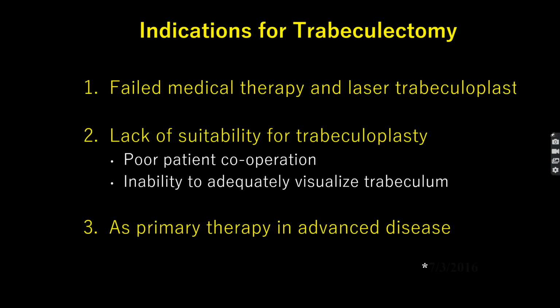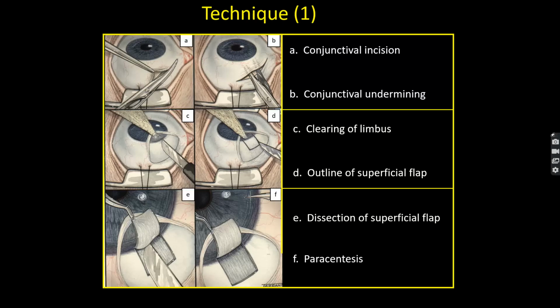Partial thickness. Here, this is the incision that is given. This is retracted, so this is partial thickness. Partial thickness is retracted on the limbus, it is retained, and here, this is the deep part. Then we make a hole in the deeper part of the sclera. Here, we will make a window so that fluid from the anterior chamber goes into this partial thickness, and then it goes out into the